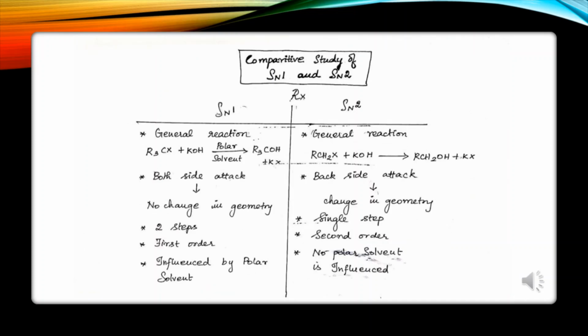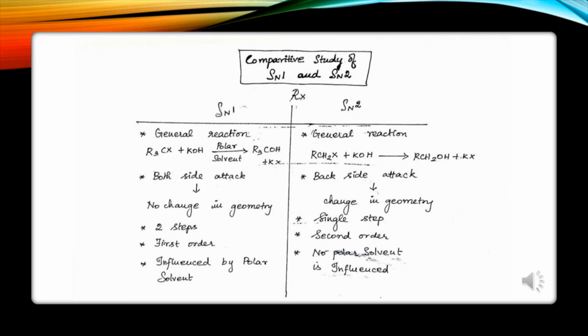So far, we have discussed SN1 and SN2 reactions as a whole. So, as a recap, now let's do a comparative study of SN1 and SN2 reactions. Okay, first in SN1 reaction, the general reaction is R3CX plus KOH in the presence of polar solvent gives R3COH plus KX. In SN2, the general reaction is